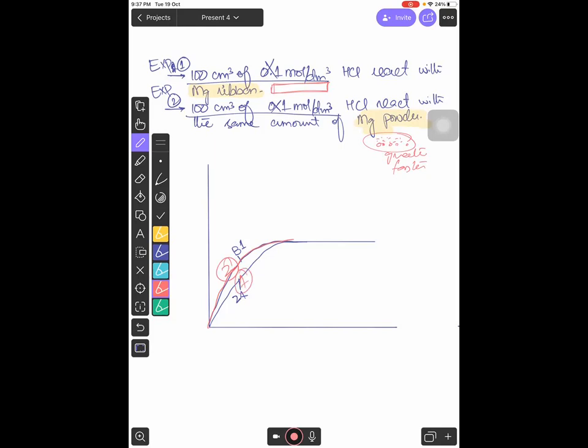So this is the second one and this is the first one. Okay, got my point? What I am trying to teach you, बच्चों, समझ में आया? Yes. More surface area, then more particles, then more collisions, then more rate of reaction, right? These are in a row. Okay, yes, Hamza, got it? Yes sir।